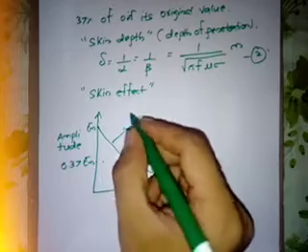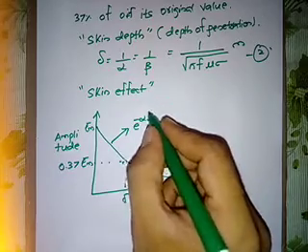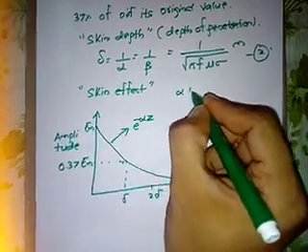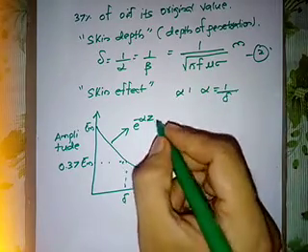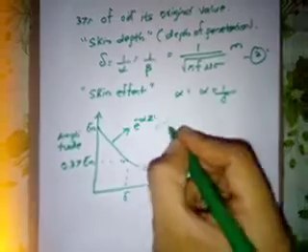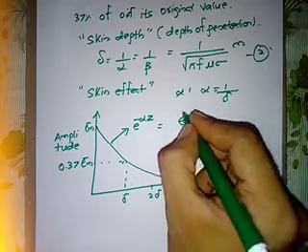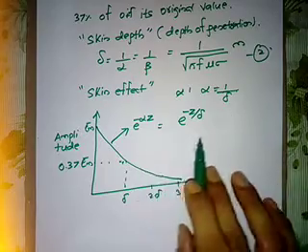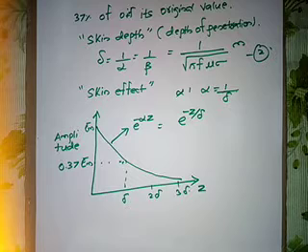So what is this curve? This curve is e raised to minus alpha z, right? If you see this equation, alpha is equal to 1 upon delta. So I can also write this equation as e raised to minus z divided by delta, because alpha is equal to 1 upon delta, so it will be minus z by delta. Fine, students. So this is about the skin effect, skin depth, right?